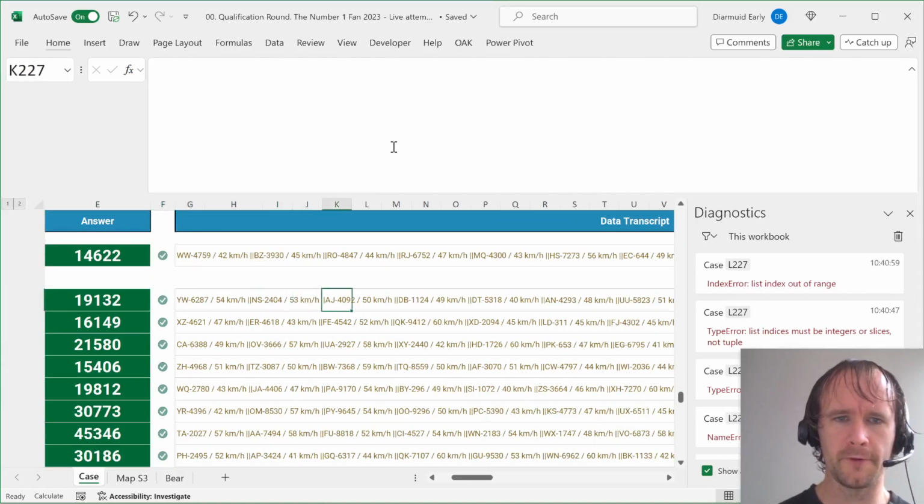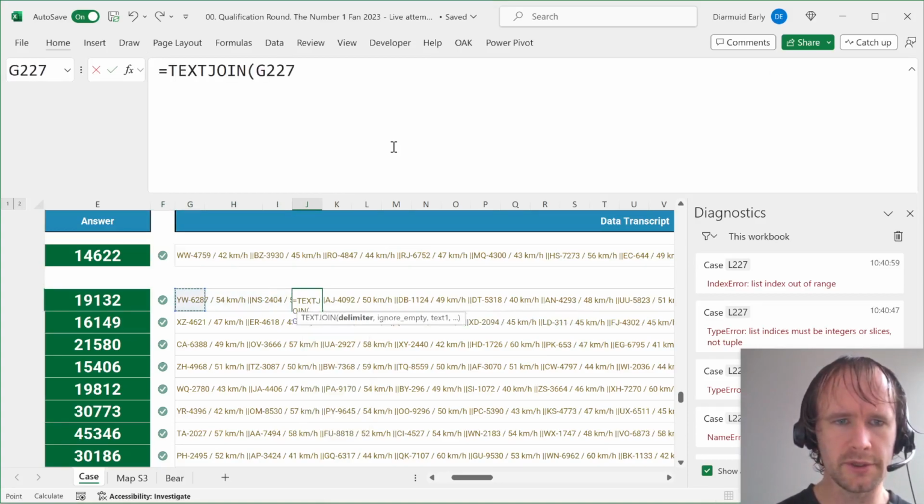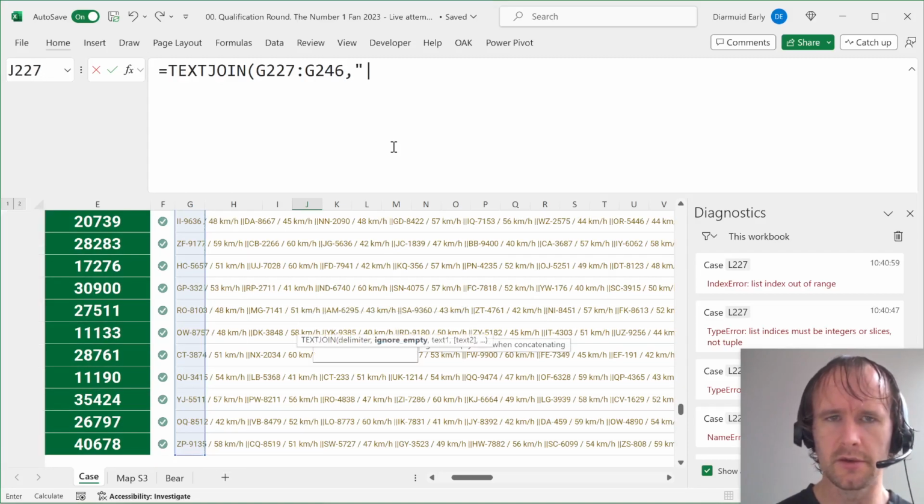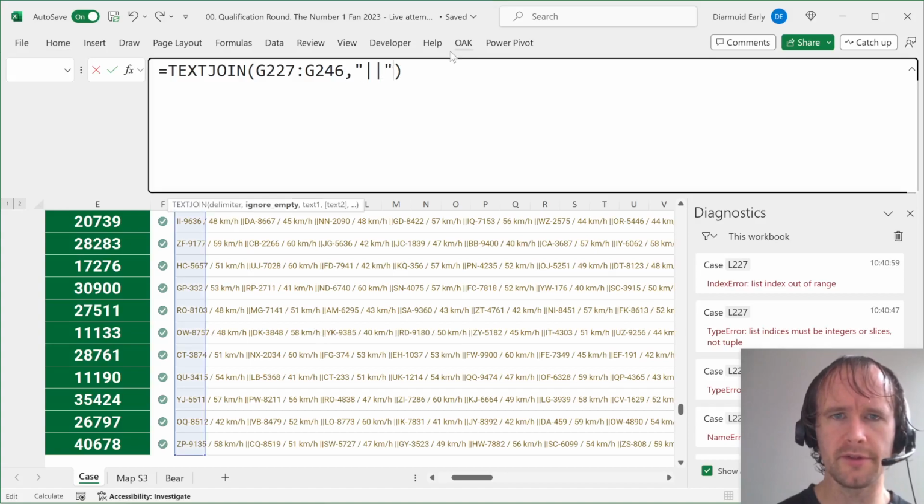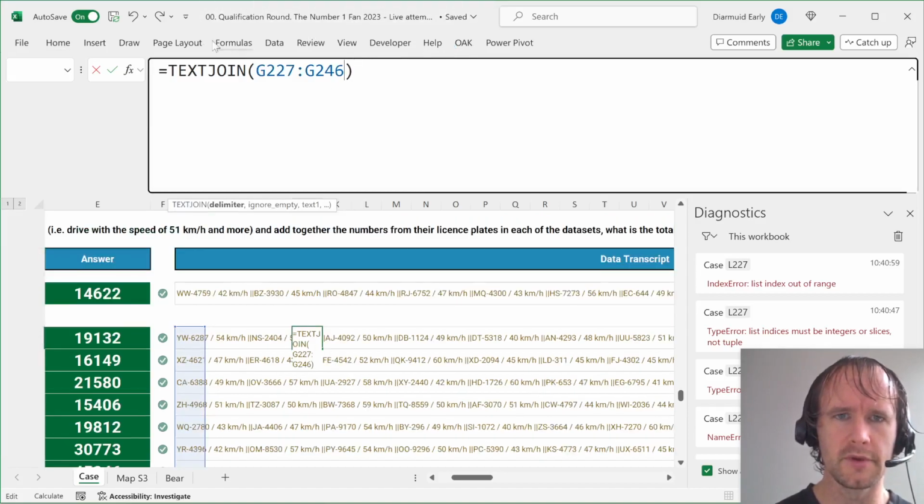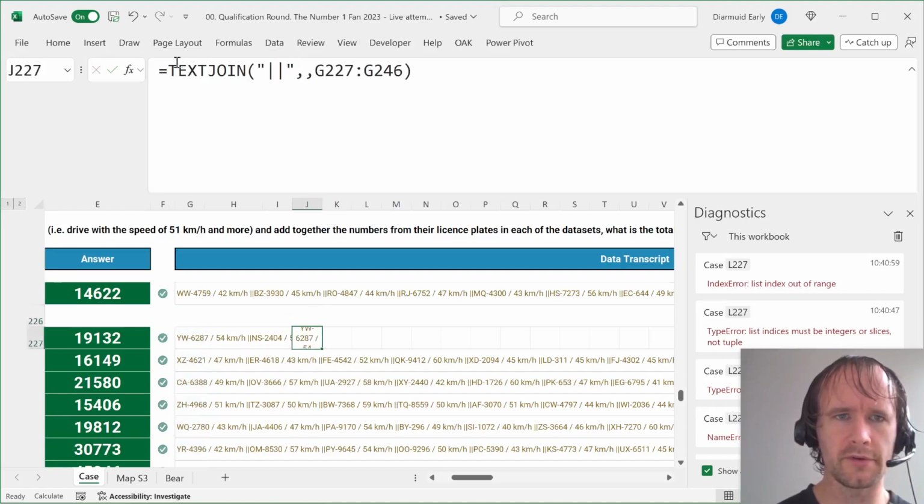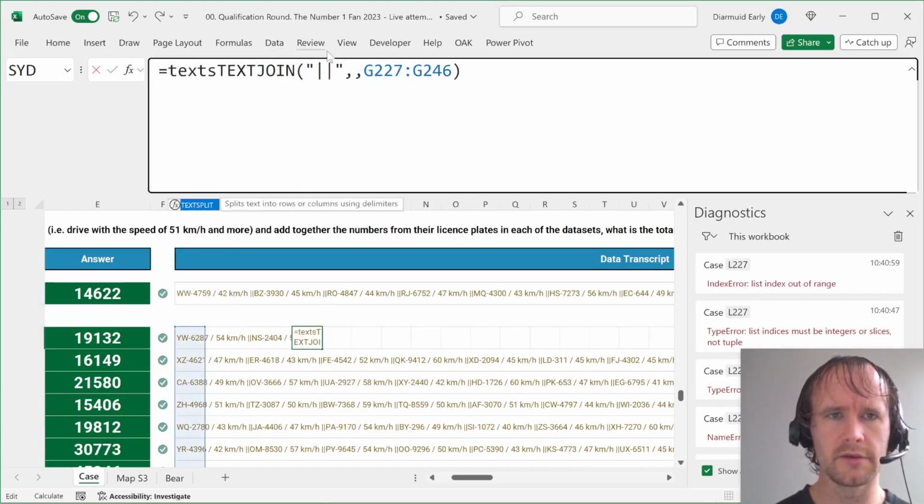So, what have we got? First, I guess I'm just going to text join. Hopefully I can put these all together into one. Text join all of these by this. Sorry, that is not the way around the text join goes. So it's this, comma, comma, that. That works. Then we're going to text split